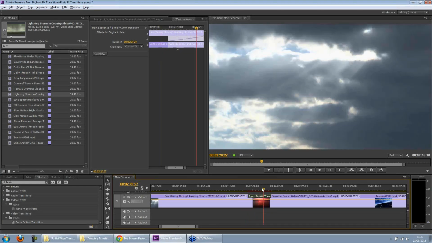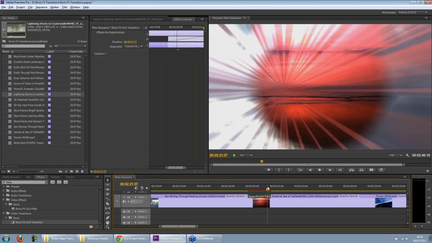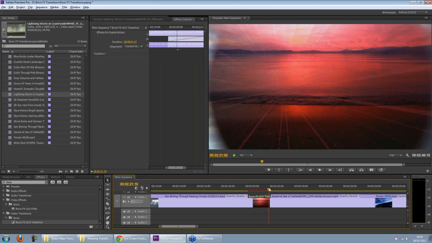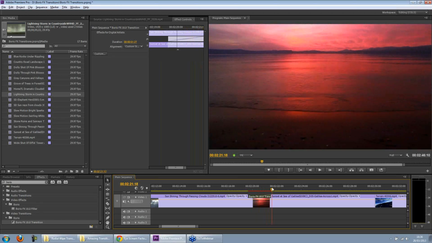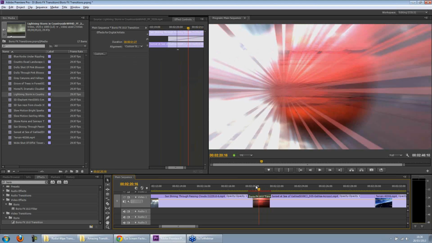Let's just try, if I modify the duration of this, you can see there it is. It's going to transition across, and notice that it's updating the duration as I'm just dragging through here. And coincidentally, I've just got my transition selected on the timeline in Premiere Pro. If I go back into custom,